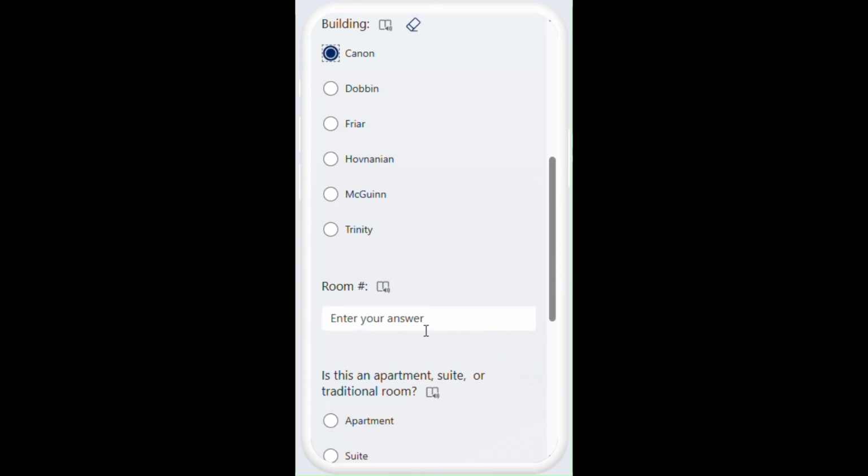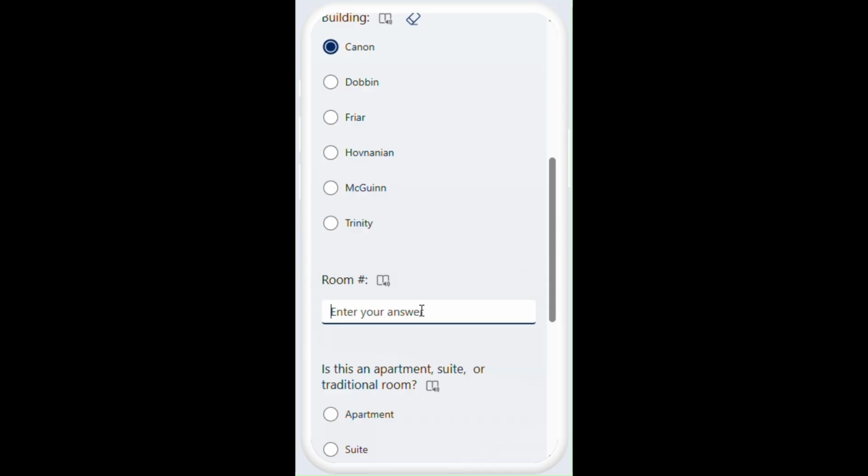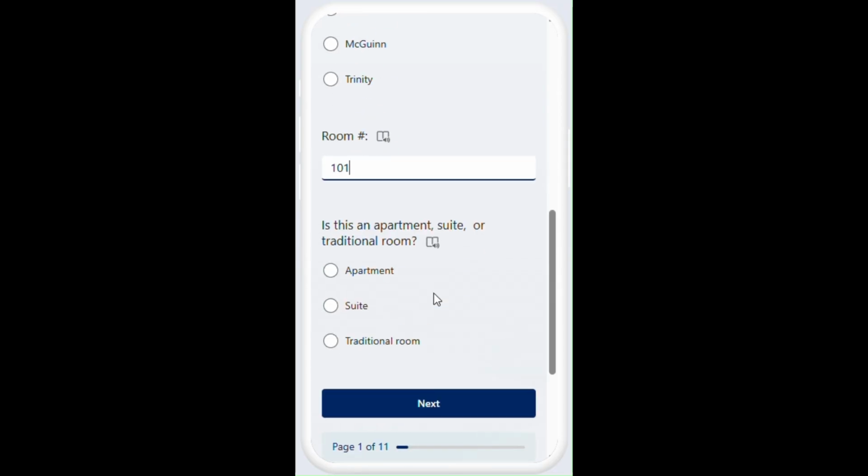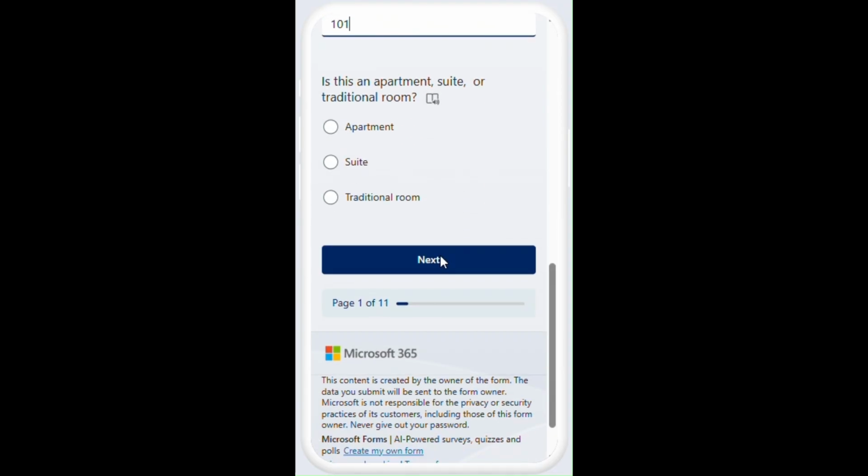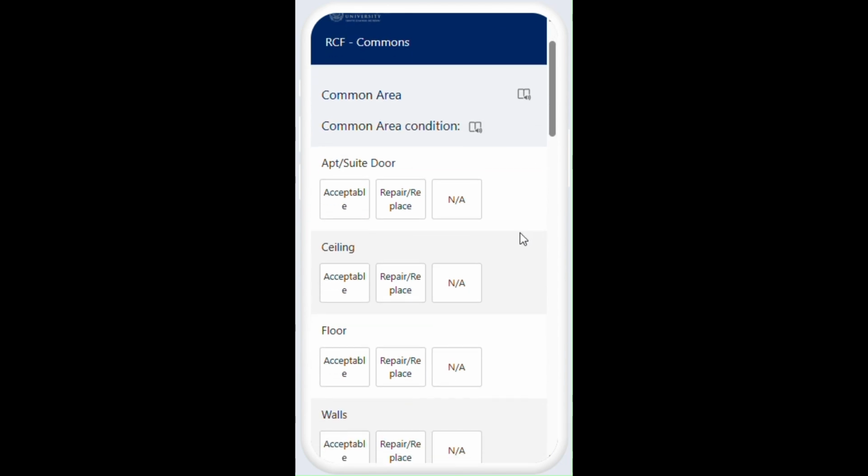Going to pick a room in the commons. I'm just going to make up a room here. This is not exactly for Canon 101. And I'm going to pretend that this is an apartment again, just so we can go through the steps for everything. So again, for each item, you're going to see three options: acceptable, repair slash replace, or NA,